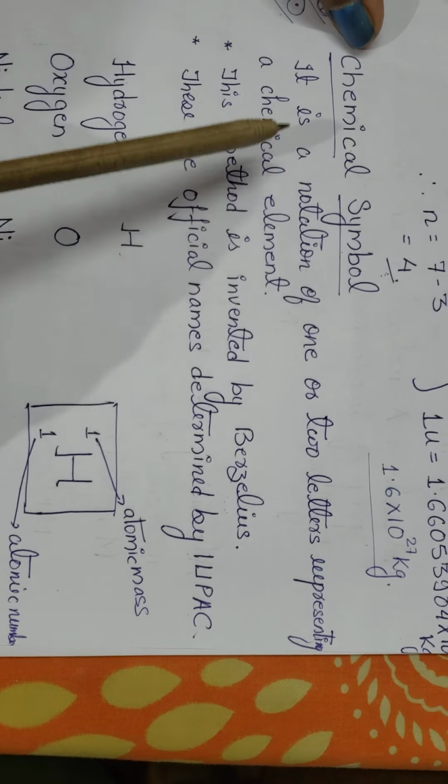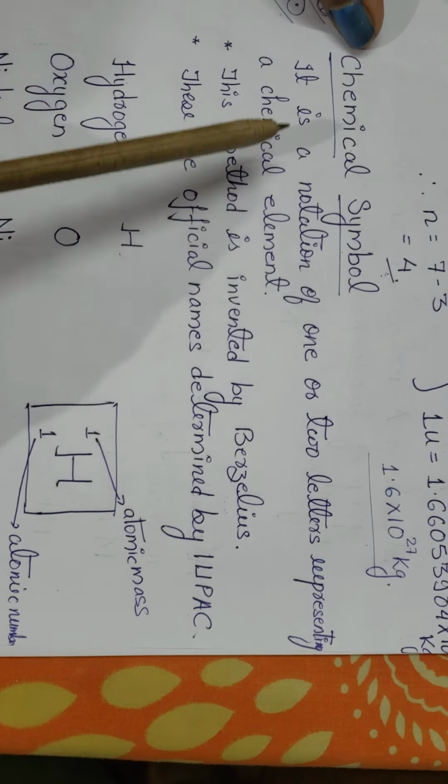Polyatomic can again be divided into different categories. For example, hydrogen, like we have seen, where 2 hydrogen atoms combine to form a hydrogen molecule. How many atoms are there? 2. So when 2 atoms of hydrogen are there, it becomes diatomic. Di stands for 2. Diatomic, so the atomicity is 2 here.